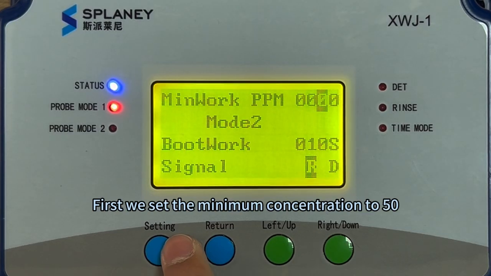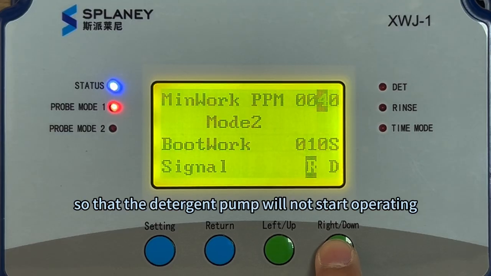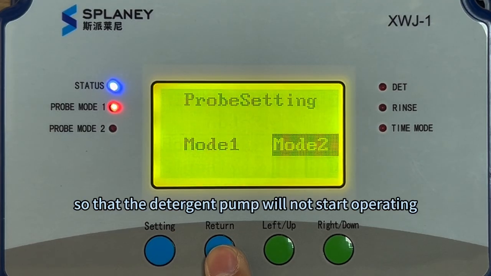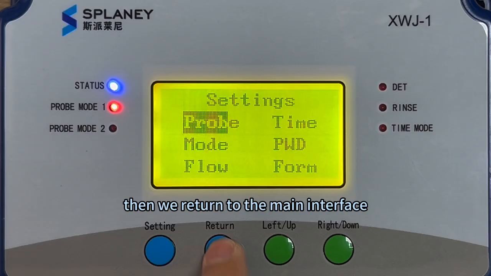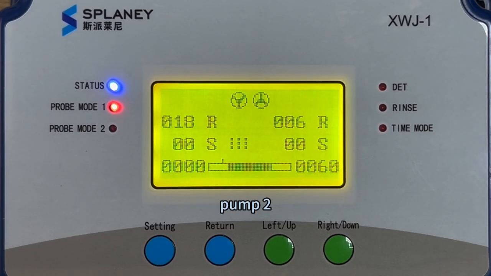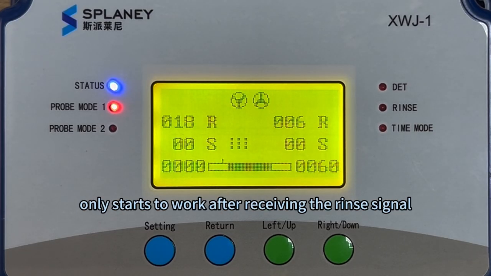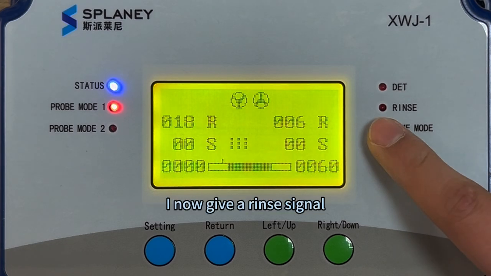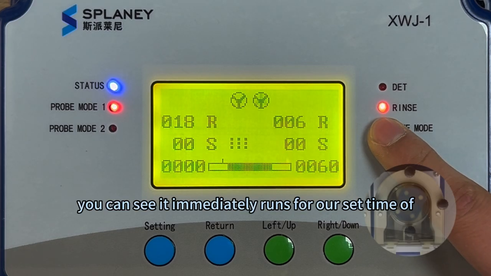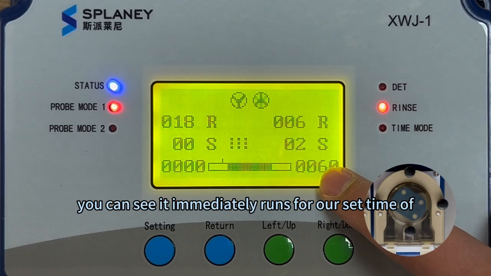First, we set the minimum concentration to 50 so that the detergent pump will not start operating. Then we return to the main interface. Pump 2 only starts to work after receiving the rinse signal. I now give a rinse signal. You can see it immediately runs for our set time of 5 seconds,